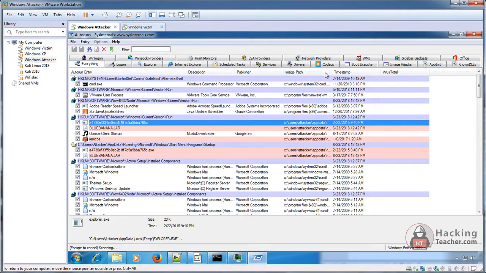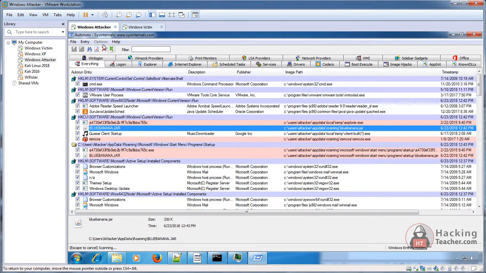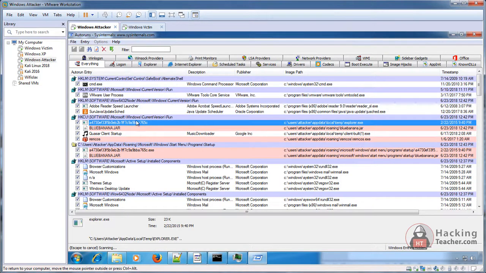This is the path: somewhere in the temporary folder there is an explorer.exe. What Autoruns does is show you all the permanently installed files which start automatically when the computer starts up.